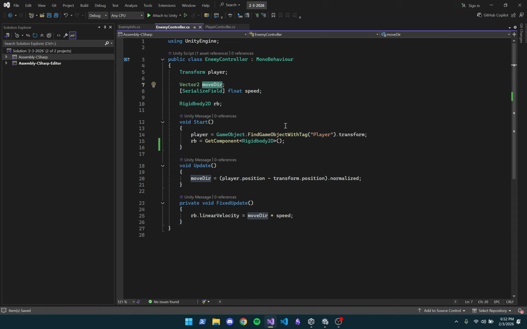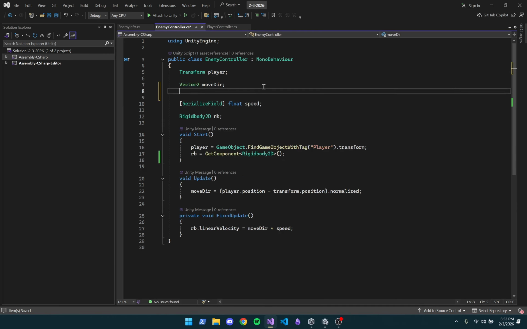So move direction is now going to be the sum of two components: basically the direction to the target, and